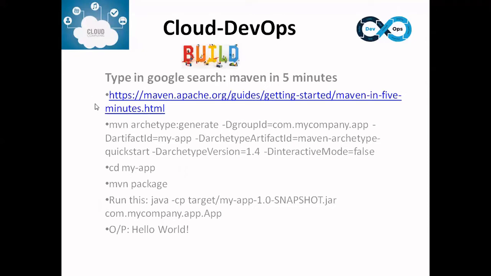So, this is the standard procedure for how we can use Maven. Let's assume that you already developed some code, and we can do the build using Maven. What if you don't have any code? If you don't know how to develop in Java, how to write a program in Java, how will you do coding?